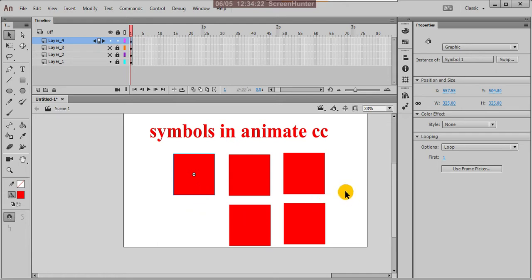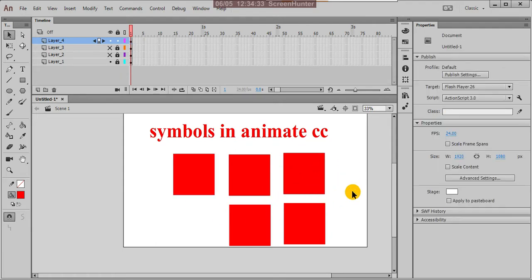The same way here, one graphic symbol is there, one graphic image, and along with it your instances are following. Suppose here, the benefit of the symbol is, if you modify one shape, automatically all the other instances change.